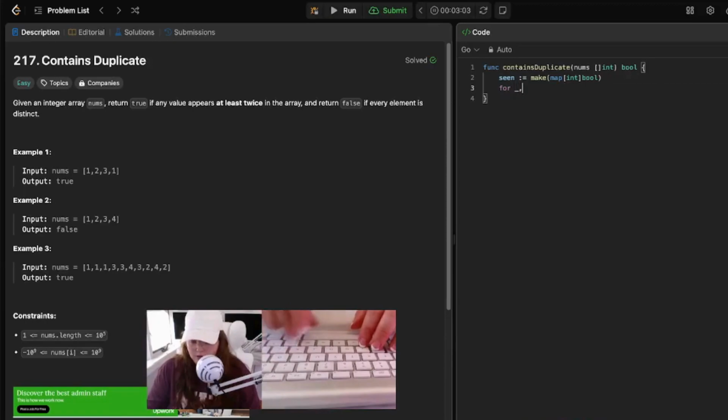So for num range nums. And then we're going to say if seen num, then we return true. Oops. Just noticed that. And then, do I need to do seen num true, or can I just do return false? I'm going to try return false first, and then if I need to add,